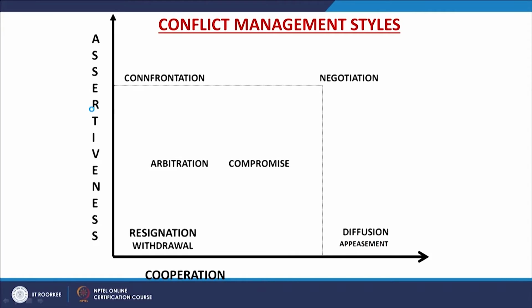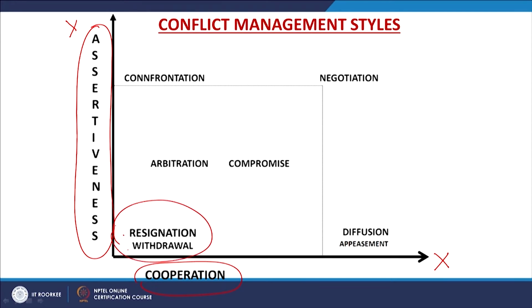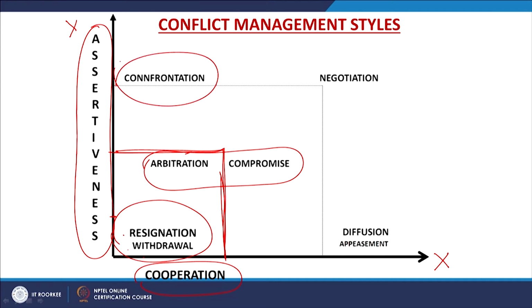In this diagram, on the x-axis we are showing the cooperation element, and on the y-axis we are showing how much assertiveness you are showing toward the conflicting parties. Now, withdrawal and resignation are neither in a more cooperative situation nor an assertive situation. Arbitration and compromise have some amount of cooperation and some amount of assertiveness. That means you are asserting your power, and at the same time you are cooperating with the party. In confrontation, you are asserting your power and authority,